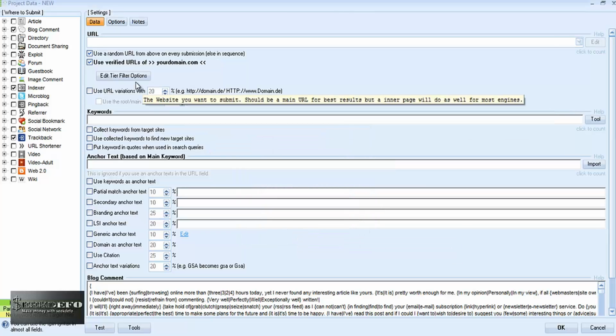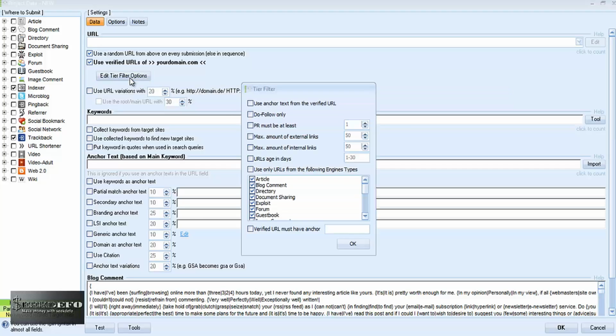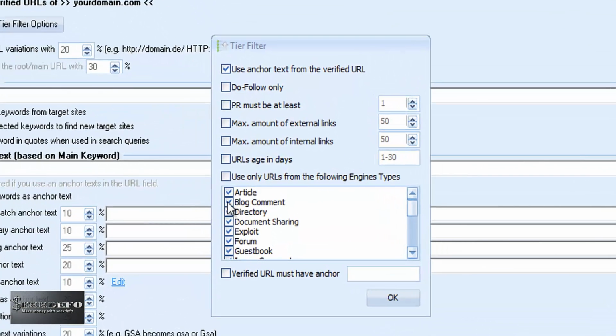Okay, and I have tier field options here. Use anchor text from verified URL. Do follow only. No, it's okay if I have some do follow and no follow links. And I wouldn't bother that much about external and internal links, but even in this tier 2 case I would use URLs only from articles and maybe document sharing,